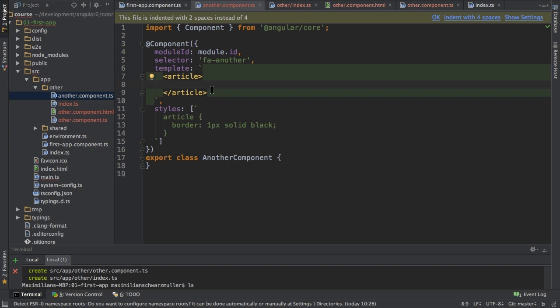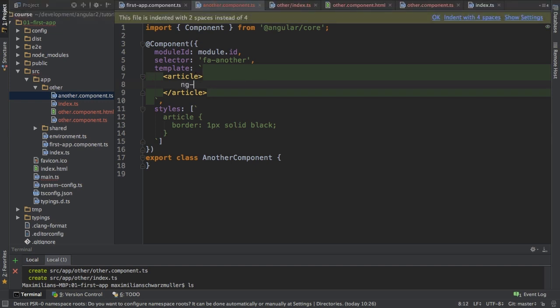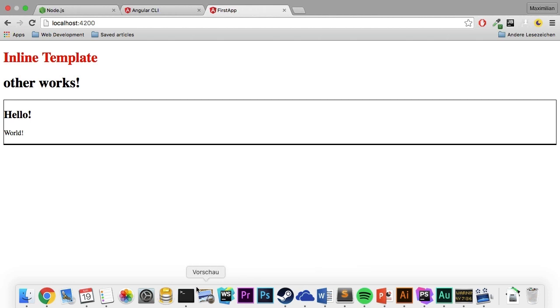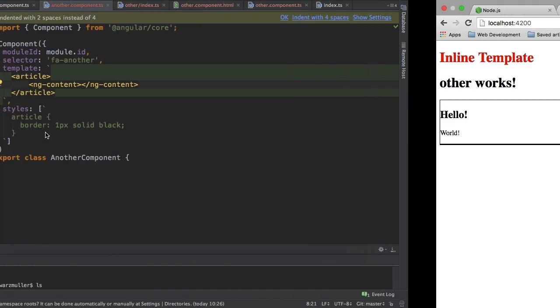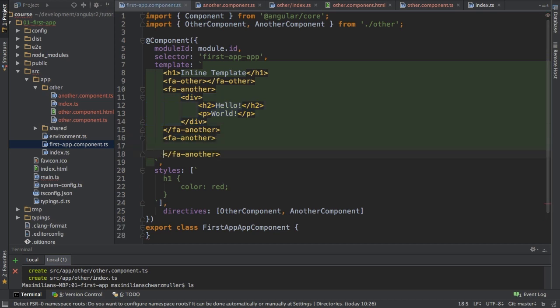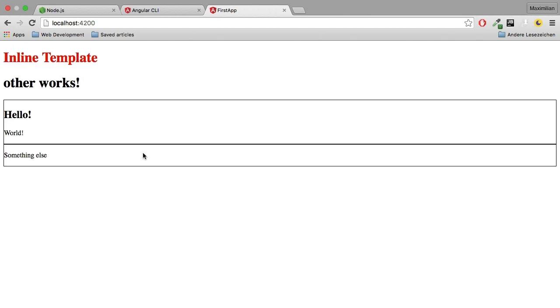Good thing is Angular 2 has a handy directive we can use for this. And by simply adding ng-content like this selector, this refers to a built-in directive Angular 2 offers. Now this will render all the content being passed between the opening and closing tag inside of this component. Therefore, this now works. And if I add, let's say, something else for the second time I use this component, like let's say just a paragraph saying something else,